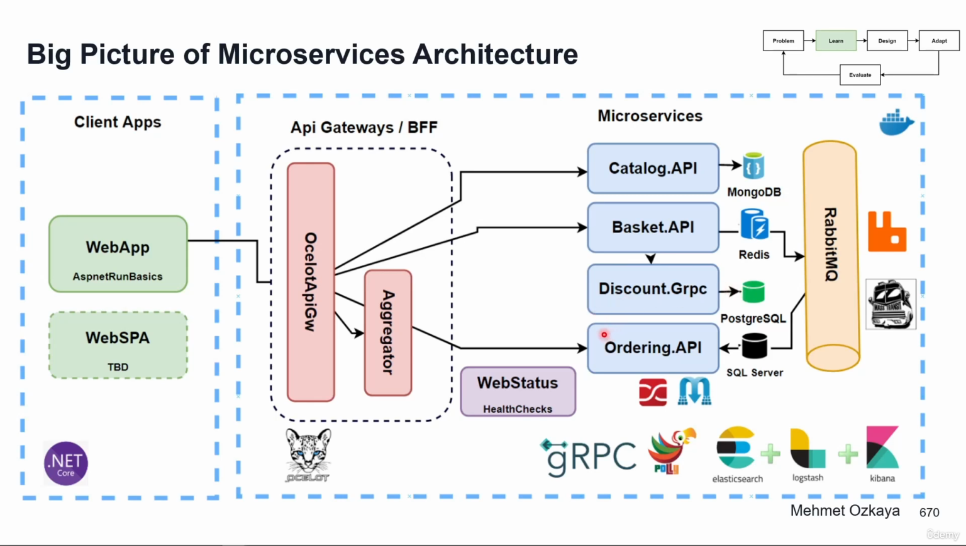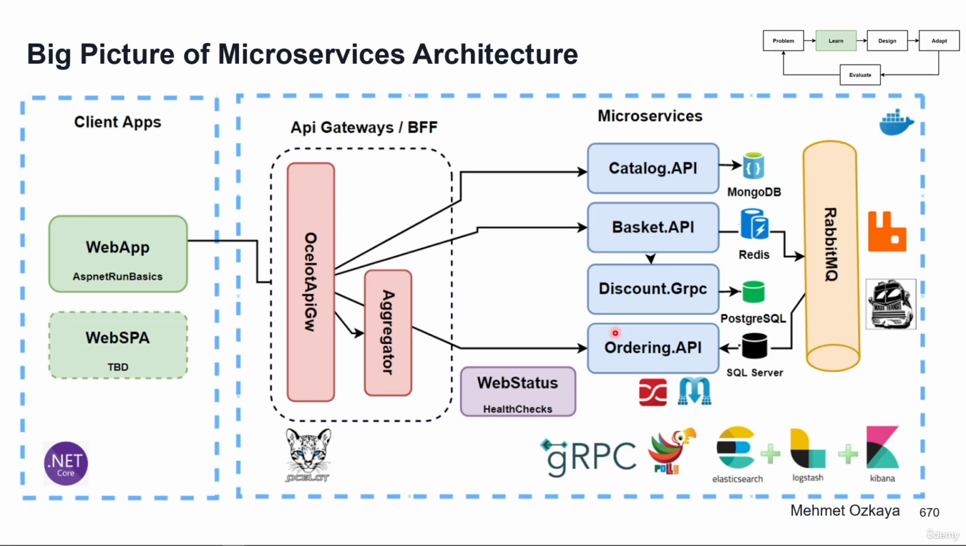And lastly, we have the ordering microservices. Ordering microservices is again an ASP.NET Web API, and this microservice implements domain driven design, CQRS and clean architecture patterns and principles in this code. So we will examine how to develop CQRS using the Mediator, FluentValidation and AutoMapper